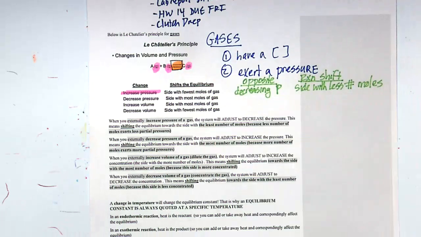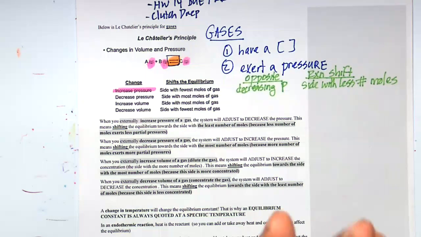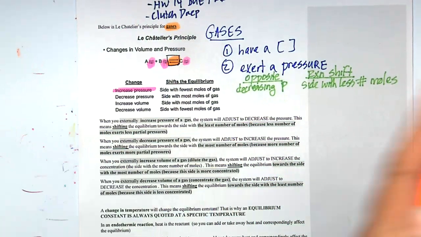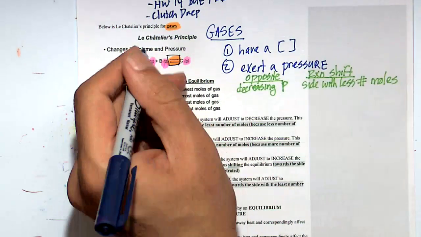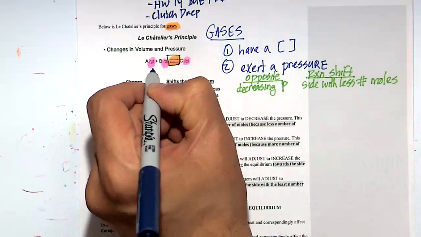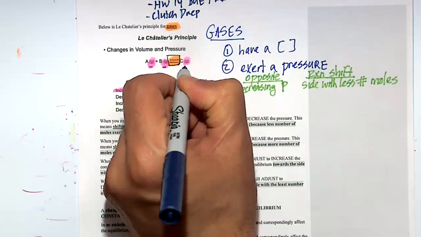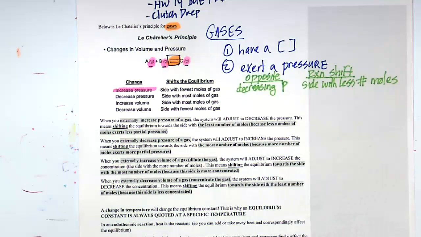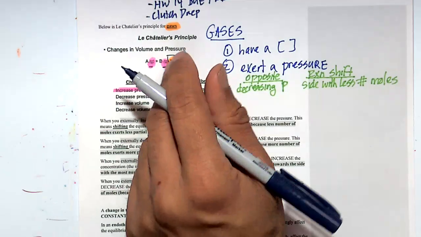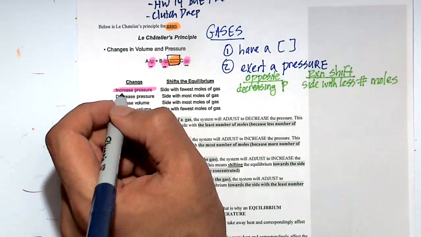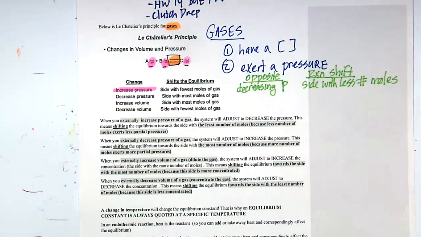Where we left off was talking about gases. This is a little bit confusing, so let's go over this again. Notice here, this is an equilibrium, the back and forth arrows, and we have all gases, or one gas or two gas, anything with a gas. Let's say we do something to this equilibrium. It's nice and settled. We're going to disturb it by increasing the pressure of the gas, sort of squishing the gases.